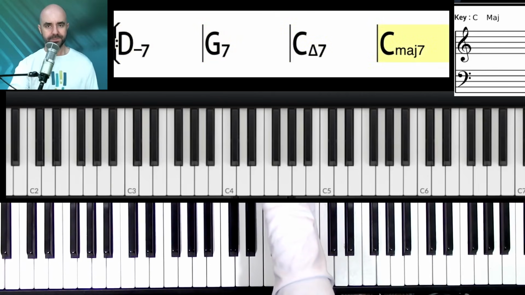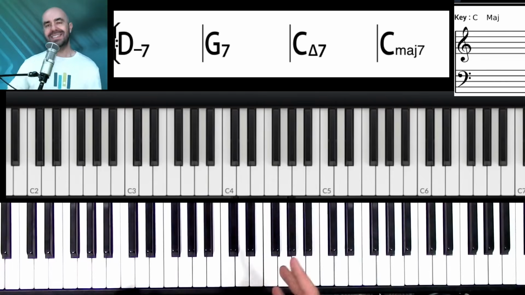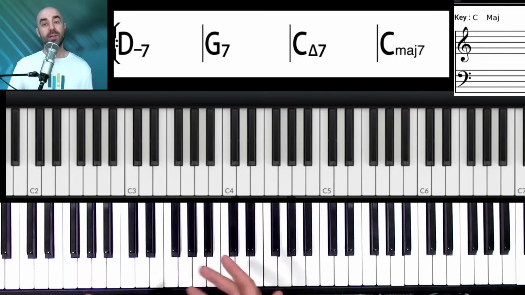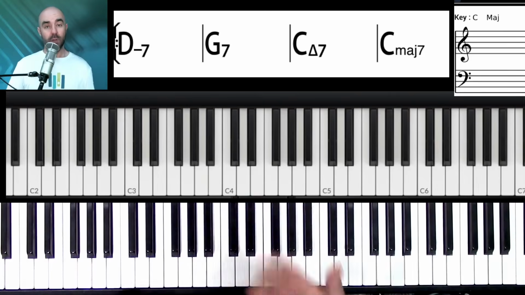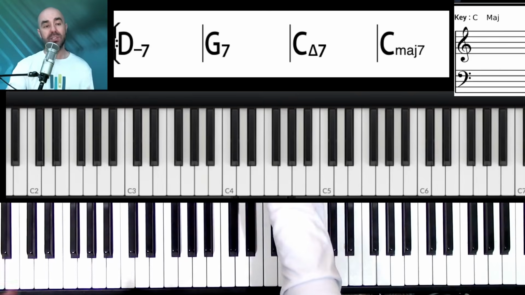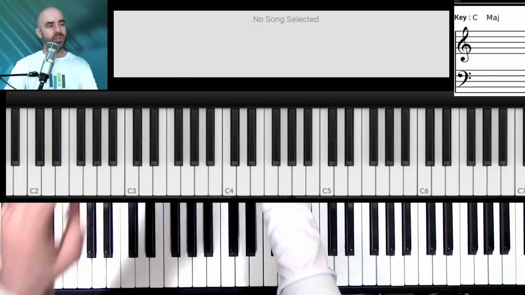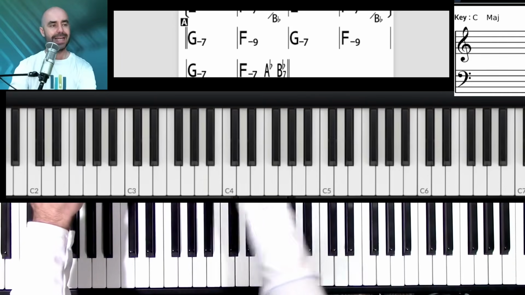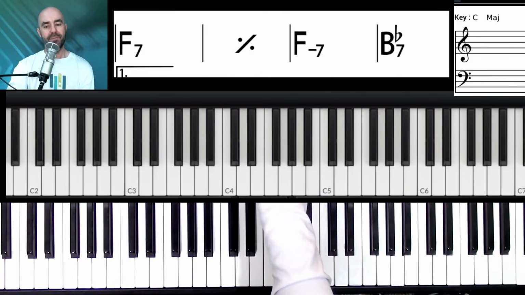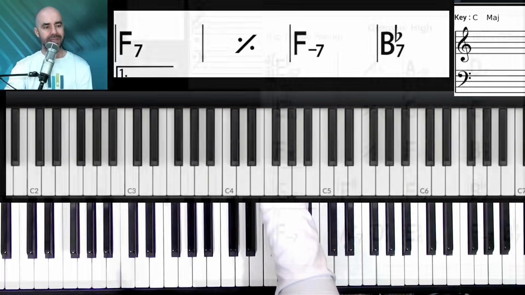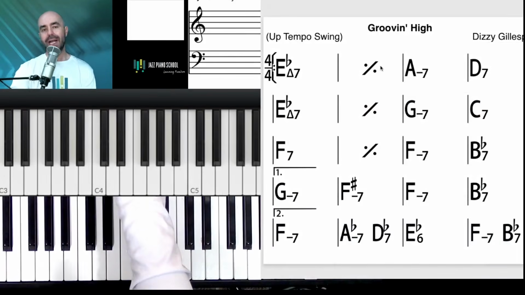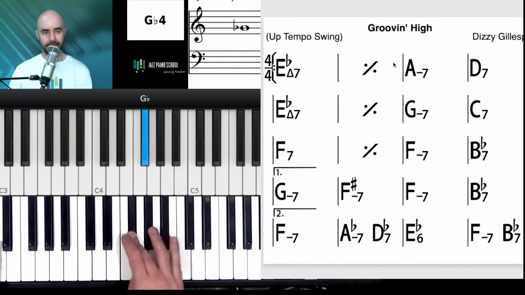All right. So this is exactly what the process of integrating bebop approaches looks like in this particular way with our 2-5-1s. Now, as we start to work on this through different keys, we need to work on 2-5-1s and different progressions. We can go back to our song, Groove and High, and from our level, based on what we did, now I can start to utilize